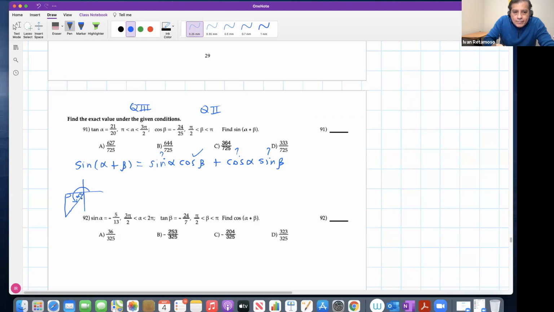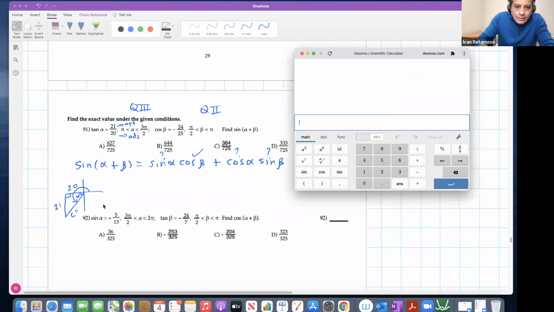reference angle of alpha. They're saying tangent of alpha is 21 over 20. Tangent is opposite over adjacent, right? According to SOH CAH TOA and stuff. So this is opposite 21, adjacent 20. Find what is this guy, right? Call it C. And that's going to be equal to the square root of, I'm going to do it with a calculator, right? A square root of